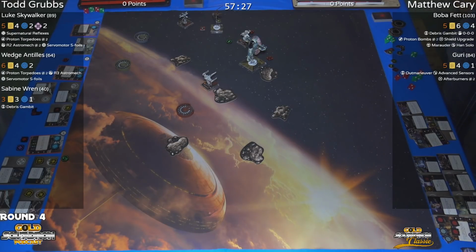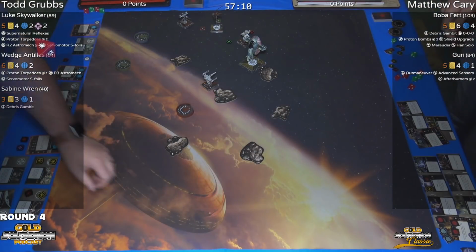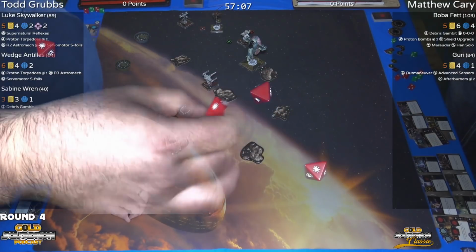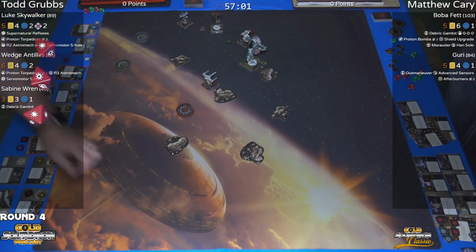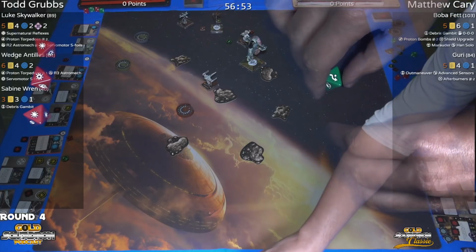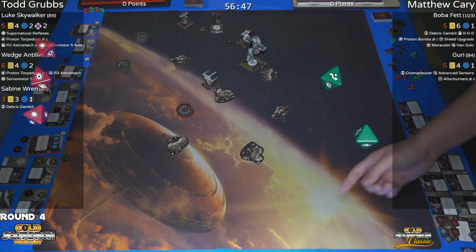Boba Fett only rolling 1 die because of Wedge's ability, which is active even for ordnance shots. That's 1 charge gone there. Looks like Luke, range 1. 3 blanks and only 1 hit. Spends for a reroll. 2 hits and a crit once again. And that was also proton torpedoes. The defense. 1 evade. So Boba is taking